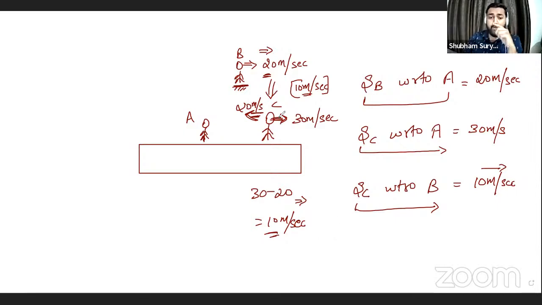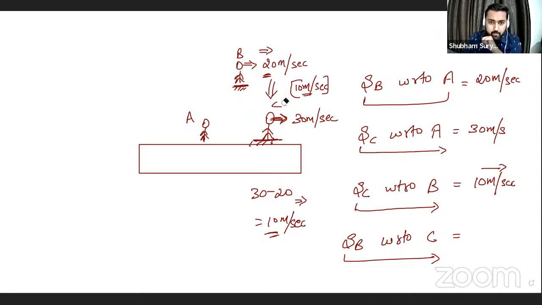वैसे ही अगर मैं देखूं कि सी को किस तरीके से दिखेगा बी मूव करता हुआ, इट मींस स्पीड ऑफ द पर्सन बी विथ रिस्पेक्ट टू द पर्सन सी। नाउ अगर आप सी हैं, अगर आप 30 मीटर पर सेकंड से जा रहे हैं, तो आपका जो पर्सन बी है वो भी 20 मीटर पर सेकंड से आपके डायरेक्शन में मूव कर रहा है, बट वो आपको ऐसे अपीयर होगा कि वो पीछे की तरफ जा रहा है, ठीक है। पर्सन बी आपको इस तरीके से अपीयर होगा कि वो पीछे की तरफ जा रहा है, क्यों? क्योंकि विद रिस्पेक्ट टू सी, इफ यू वांट टू फिगर इट आउट, व्हाट यू विल डू इज यू विल फिक्स द पोजीशन ऑफ सी, ठीक है।